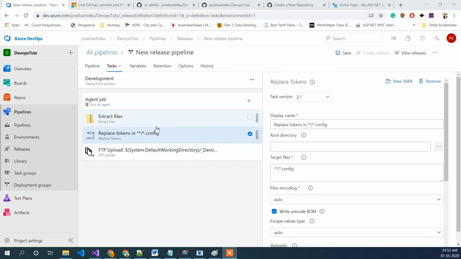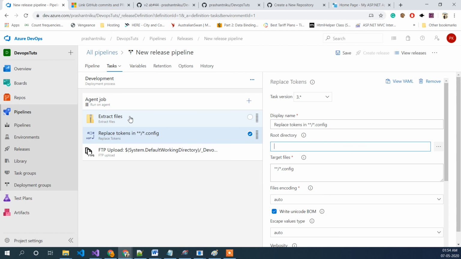We will be leaving most of the things intact. The only thing we are concerned about is the root directory. Inside that root directory we need to get inside our package temp folder which we have extracted here.